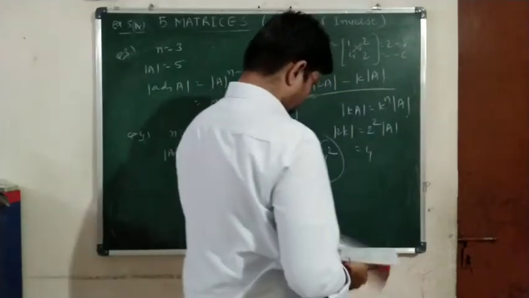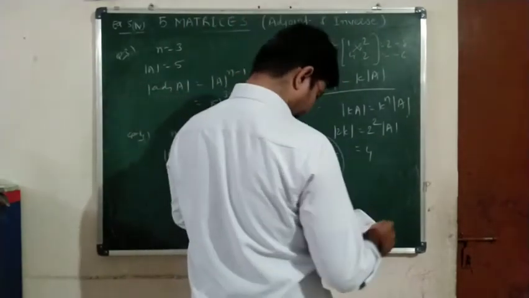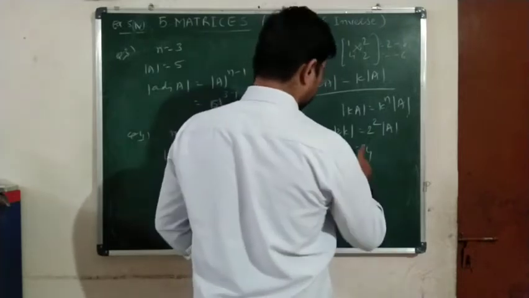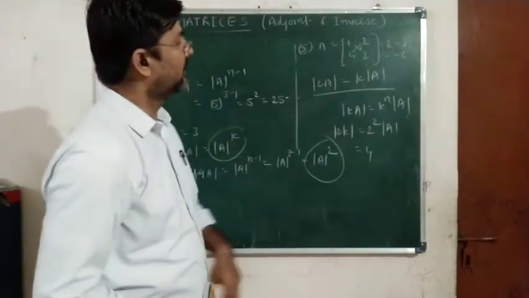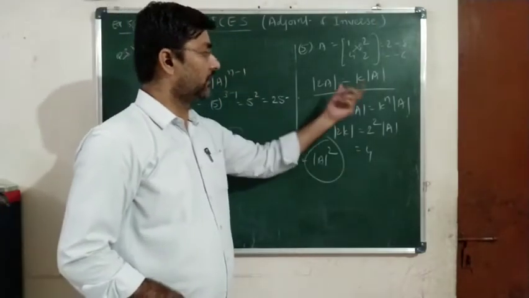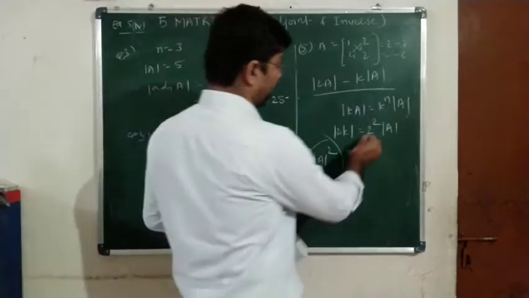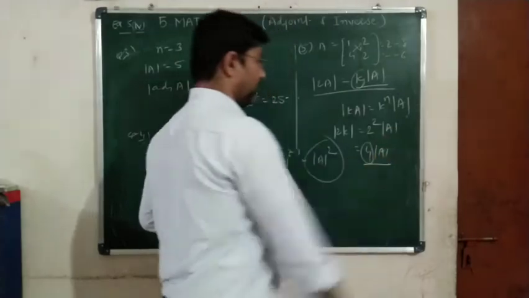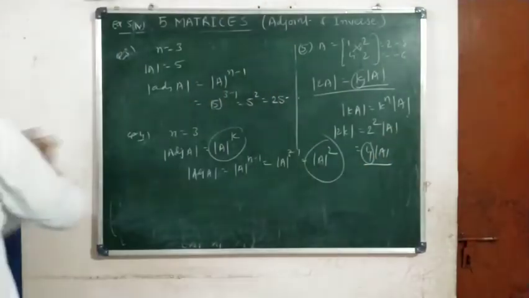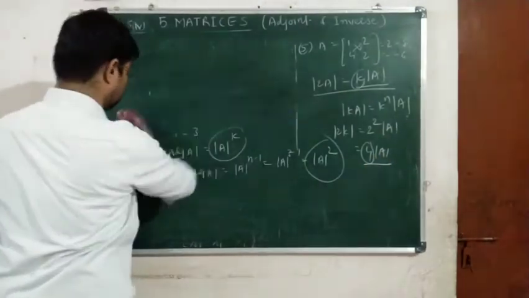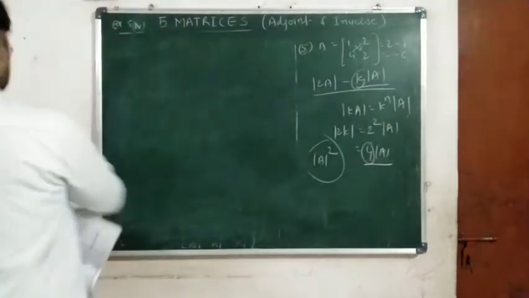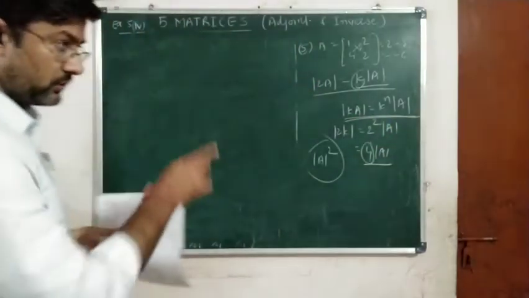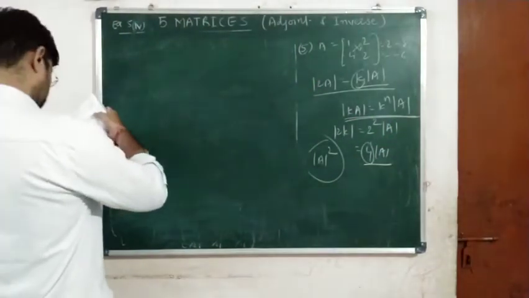Okay, so 4 into 6 is 24. Clear? So this is the answer. Okay, sorry, but we have to write only value of k. We don't have to write the answer. So what is the value of k? Value of k is 4 only. Here if you compare the right hand side, you will get the value of k to be 4. Okay, so for this you please remember this. If not noted, then you will note down this one.